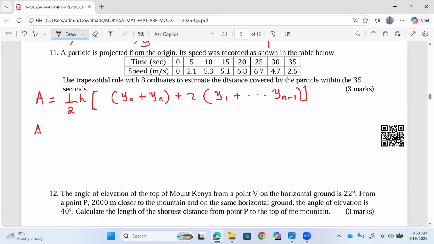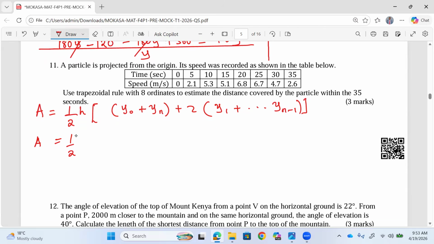So the area shall be half multiplied by the interval on the x-axis where time is plotted. The interval is 5. Then into the first value of y, which is 0, plus the last value, which is 2.6, then plus 2 multiplied by the values of y in between the last and the first. So this is 2.1,